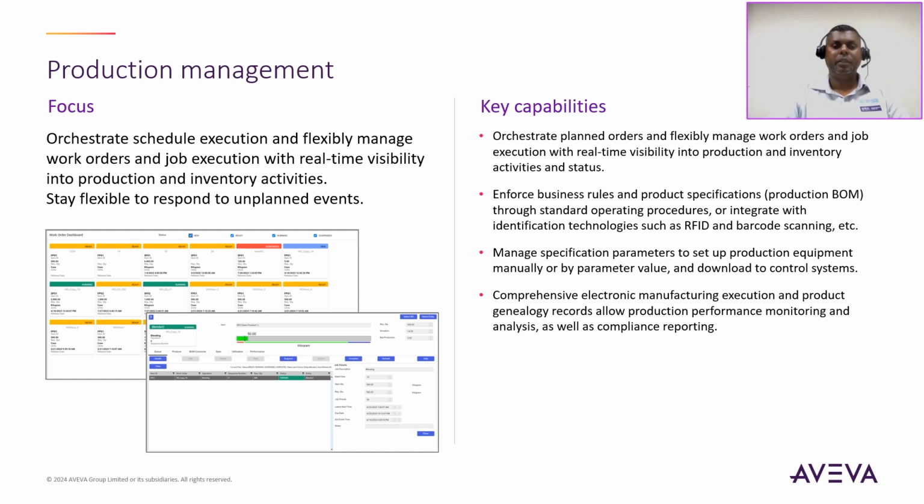Production management. AVEVA MES synchronizes human and machine actions to efficiently execute all scheduled work orders and jobs. It enforces the defined sequence of process operations and work tasks that are dispatched to production equipment or work cells. The software uses a configurable and sustainable process model to manage the product recipe and production processes. These include the sequence of operations, bill of materials, equipment capability and setup specifications, routing and flow of materials between operations, labor certificates, and data capture requirements for each operation.